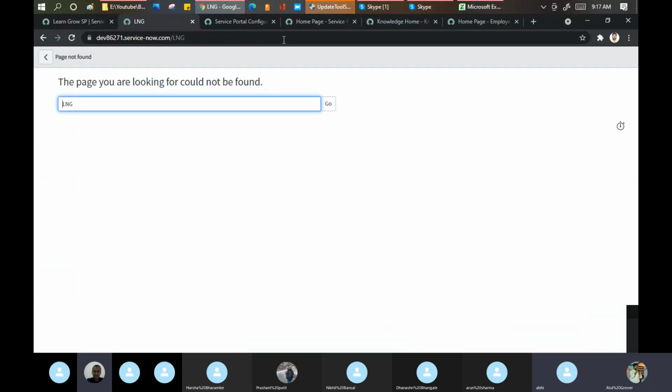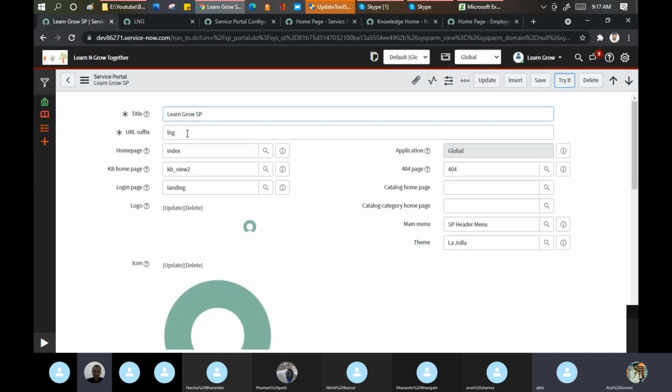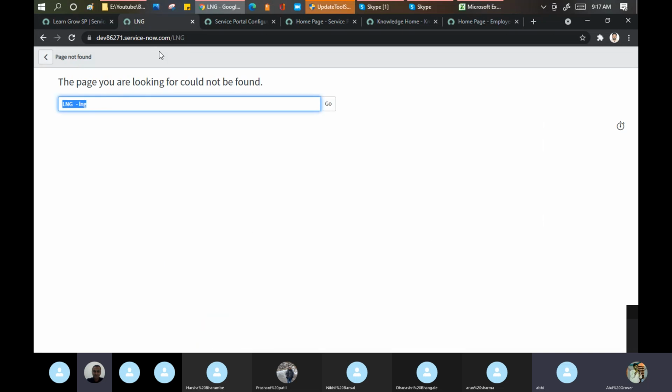why did it not open LNG now? This LNG, and if I put LNG, these are two different URLs for ServiceNow, small and capital. What I configured here is small, so it is taking the small. As I put all caps, it did not recognize.